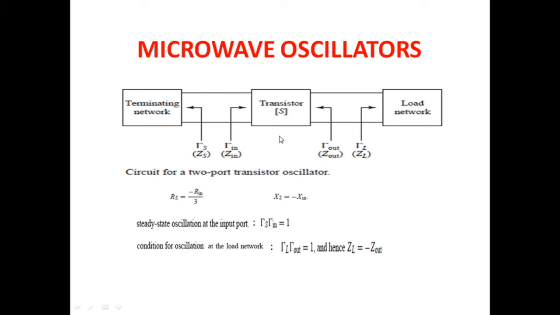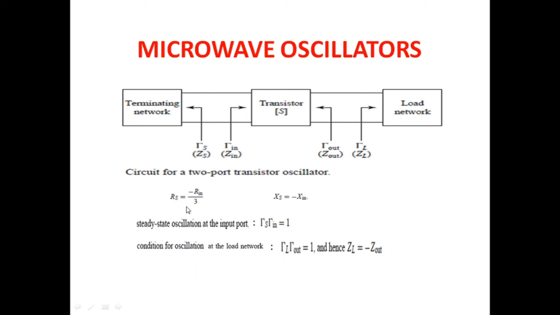If the device is a stable one, then they will utilize a feedback network for producing an oscillation. But if the device is an unstable one, what they will do is draw the input stability circle in the Smith chart. From the Smith chart, they will find the unstable point, that means the gamma S value, and they will load that value in the input side terminating network for generating an oscillation. And similarly, they will load the value for gamma L in the load matching network. And for producing sustained oscillation, this two-port transistor oscillator has to satisfy all these conditions.